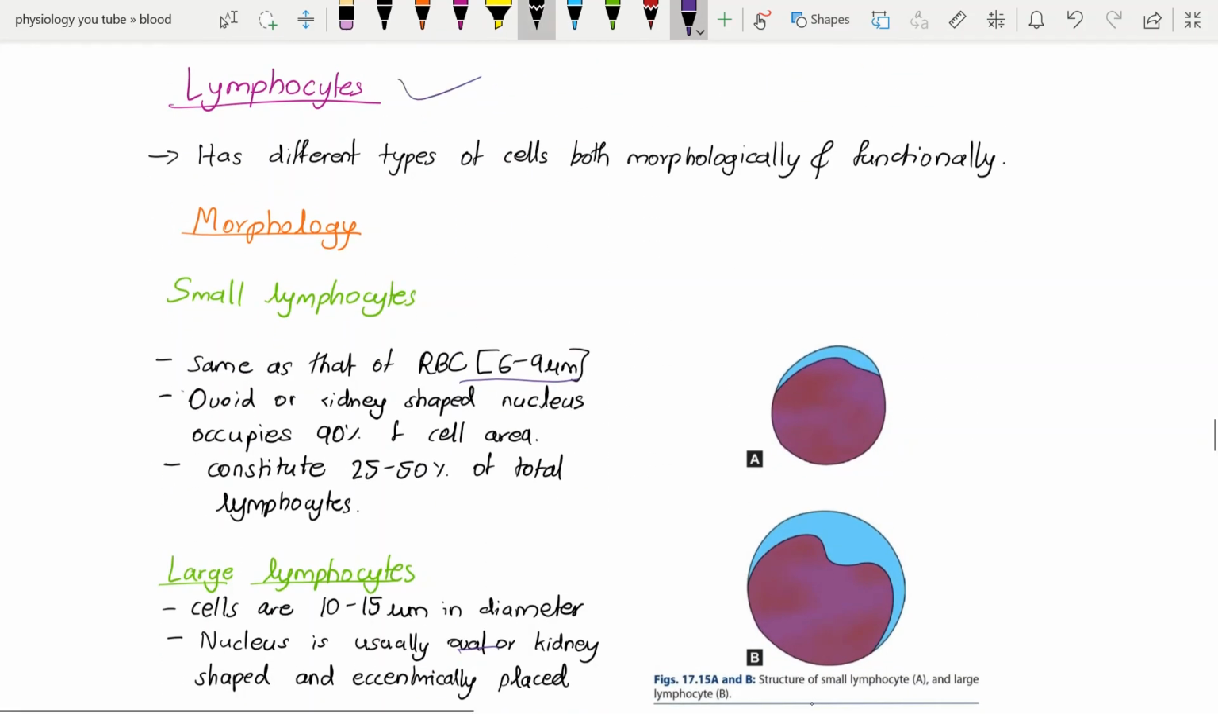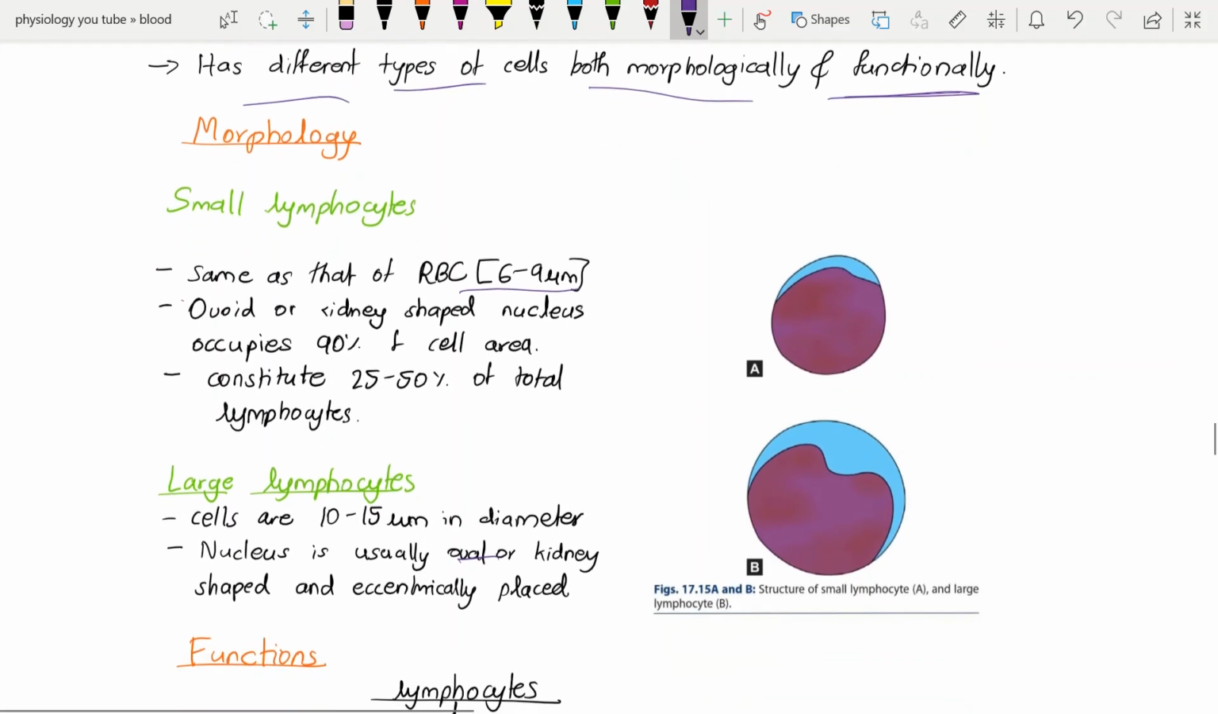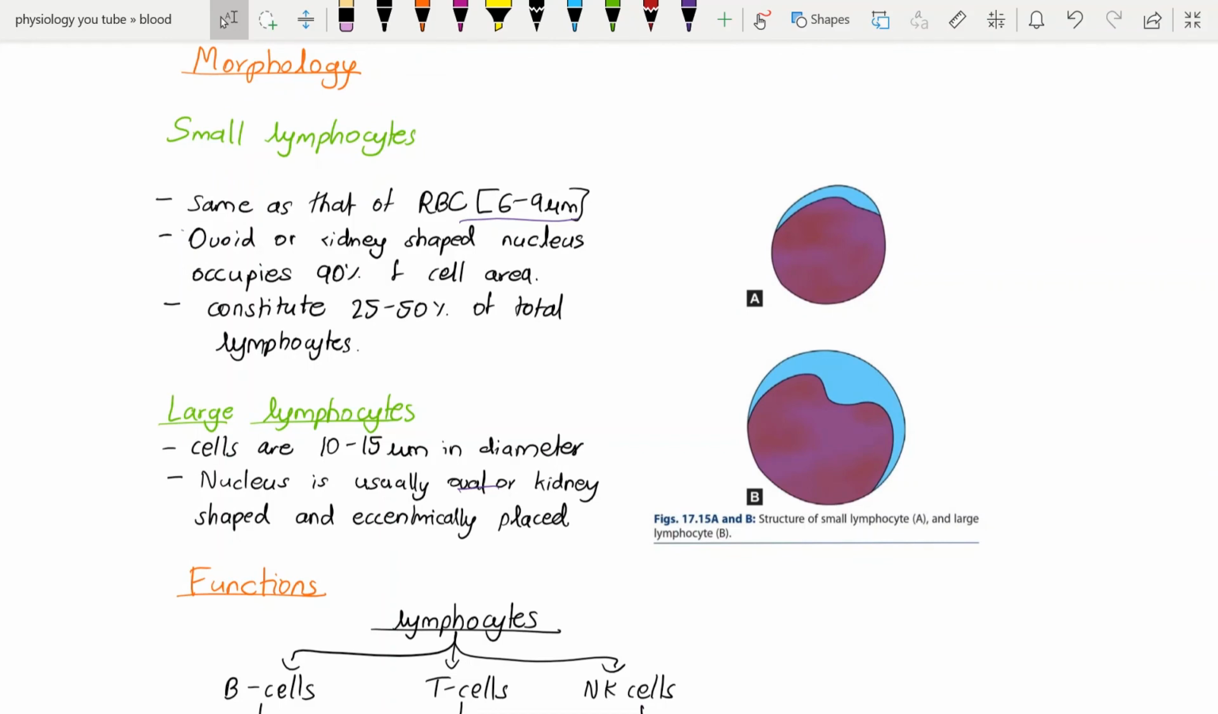Let's study the lymphocytes. They have different types of cells, both morphologically and functionally. Morphologically, there are two types of cells. One is the small cell and the other one is the large cell. The small cell, which is the small lymphocyte, has a diameter of 6 to 9 micrometers, which is the same size as that of the